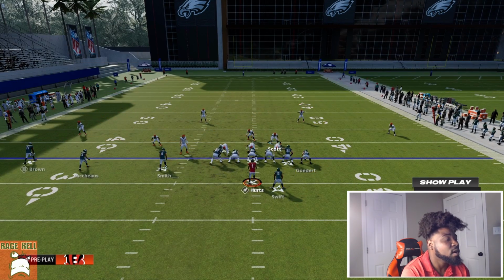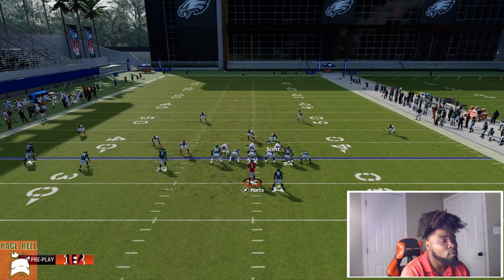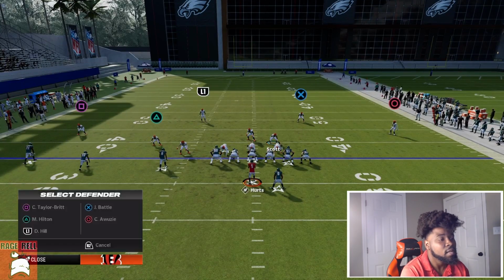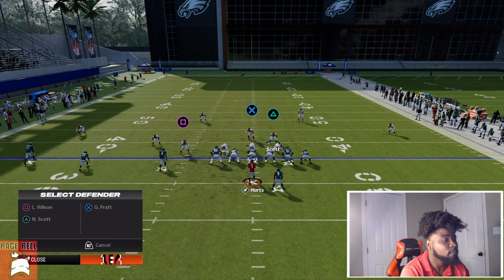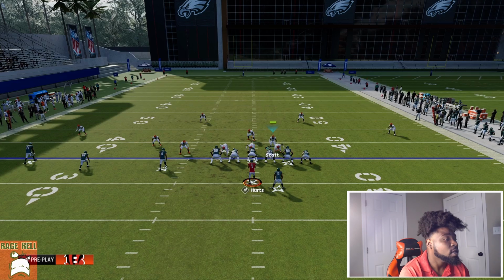And right here, he can't throw this ball, right? If he tries to throw that ball to that in route right now, that is picked off for a touchdown. If he tries to throw it. So we pretty much force him to only have this running back if you want to use that setup. So again, I'll show you that versus